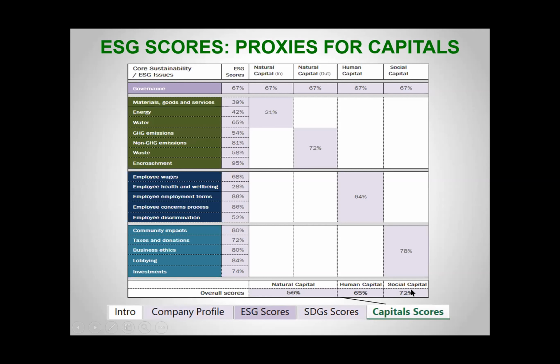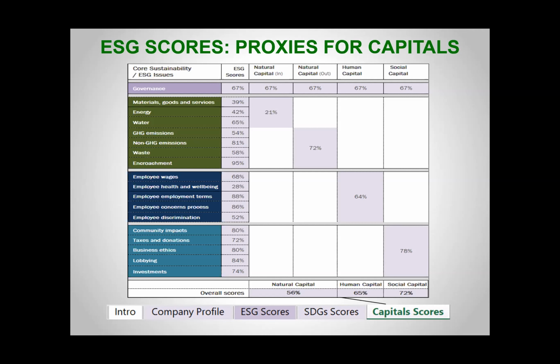So if you want to know whether the company is adding or subtracting value from these capitals, compare how they're doing this year with how they did last year, and then you can see whether they're going in the right direction or not. You never actually have to figure out the actual value of the capital. You can just see the relative amount of impact that you're having on the capital. Saves you the trouble of ever figuring out exactly how much it is in the first place. It's like figuring out the water level in your basement rather than how much water is in your basement. Just figure out the level of the water and whether it's going up or down.